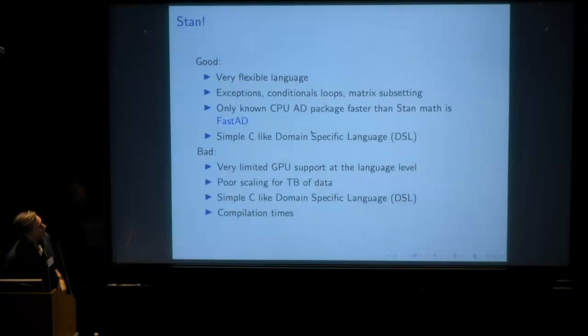So just talking about each one of these. Stan, I like it. It's pretty cool. It's very flexible in terms of what you can do. We throw exceptions. If you want while loops, we can do that. We allow matrix subsetting. And to my knowledge, and we get pinged about papers all the time, there's only one package I've ever seen that's actually faster than Stan Math, and that's a C++ package called FastAD. This guy, James Yang, is a PhD student at